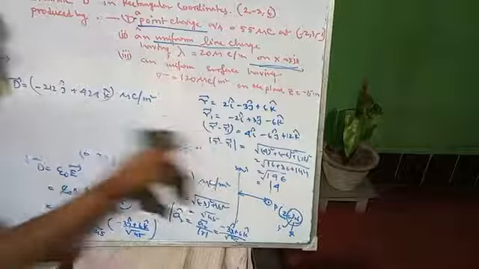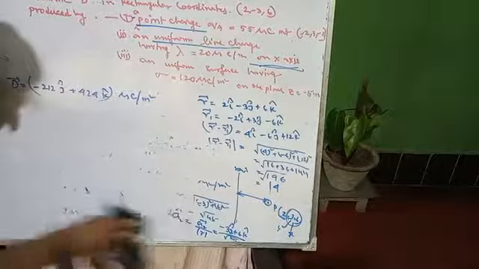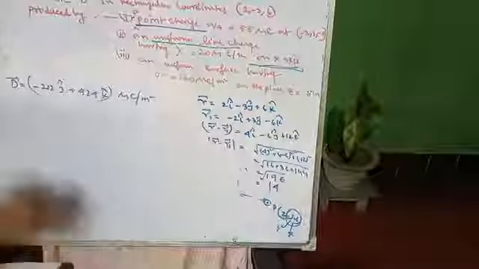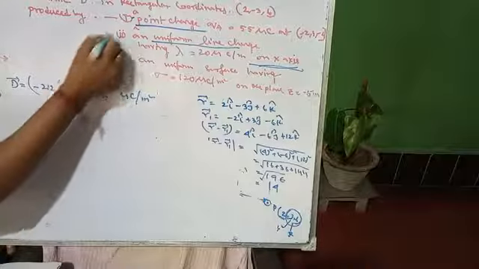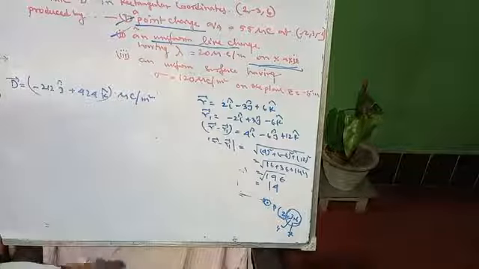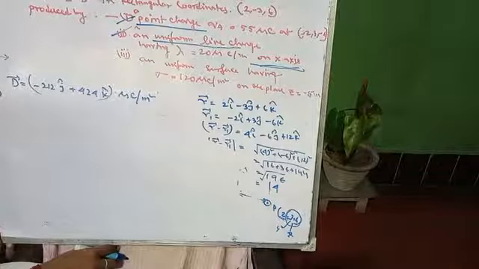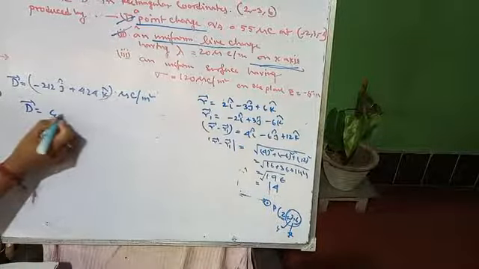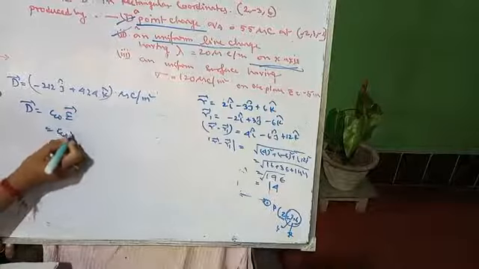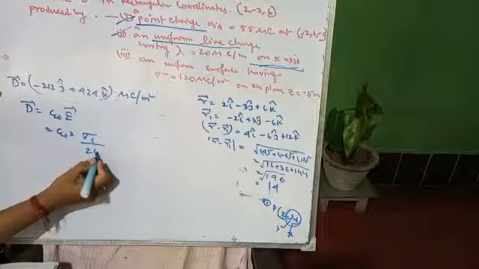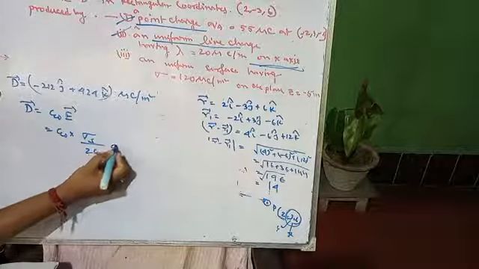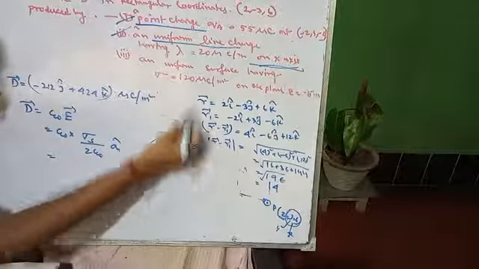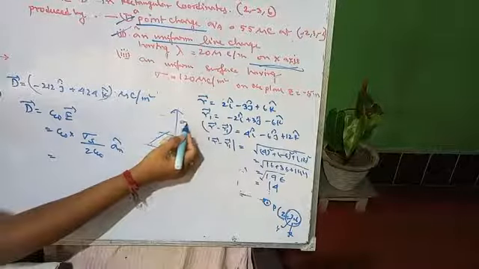Okay, so now I will move on to the third case. For the third one, it is a uniform surface charge having sigma equals 120 microcoulomb per meter squared. So for this case you have to find the D vector, similarly epsilon naught into E vector, right? So epsilon naught into E vector equals what? Sigma s by 2 epsilon naught a_n cap. a_n cap means the direction perpendicular to the surface. Whatever the surface I have formed for this case, the perpendicular direction of it will be a_n cap.